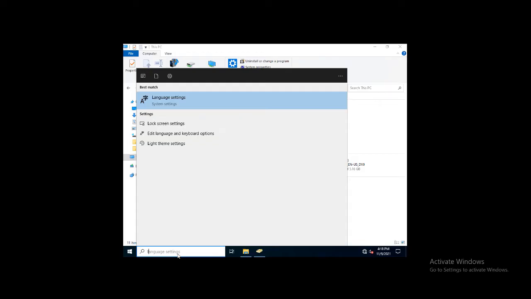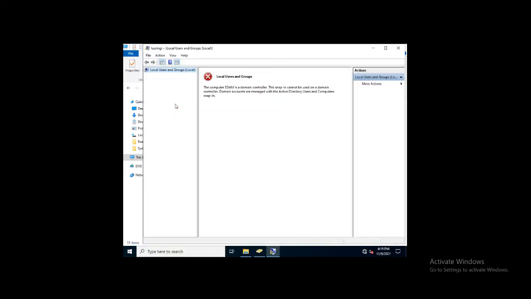Just click on start and in the search bar type this command, lusrmgr.msc.